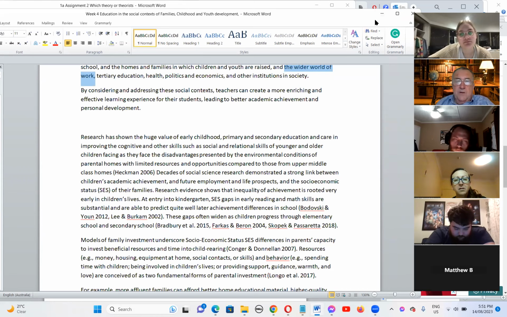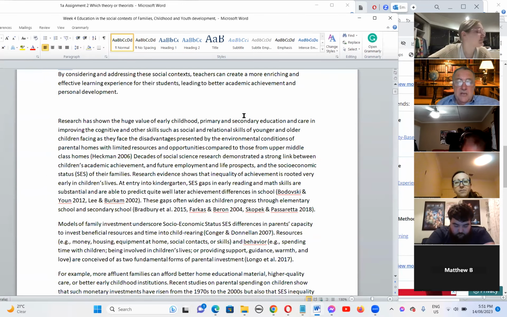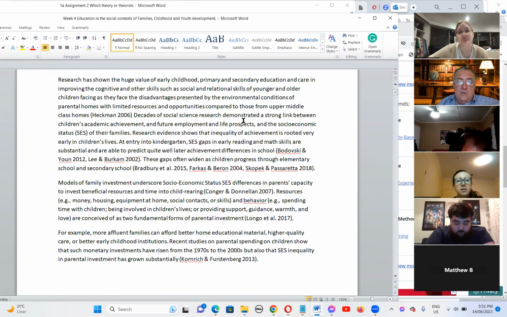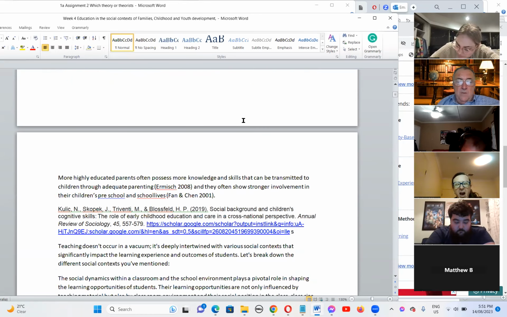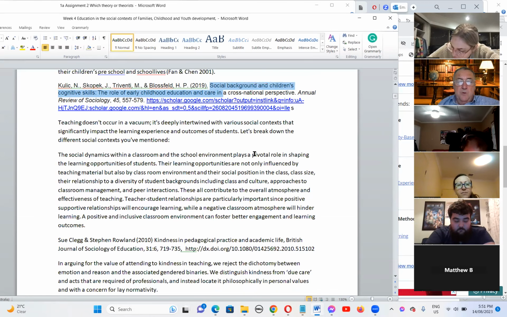One of the things that's very important for teachers to recognize is that some of the key transitions are taking place at home. If you understand the culture of the home and the socioeconomic background of the home, then you can build links with the home environment that are going to be very useful, because as some of these journal articles show, social background and children's development is very, very important.